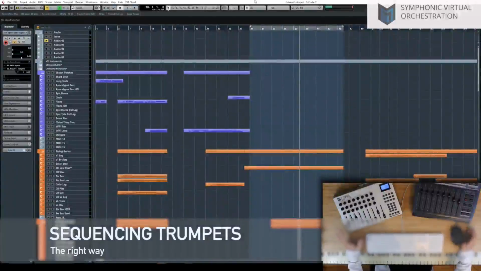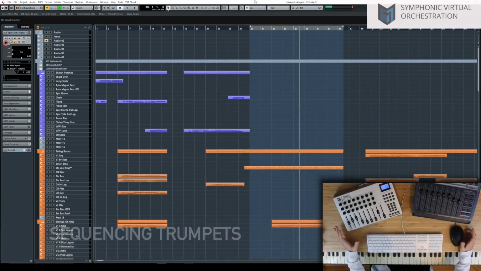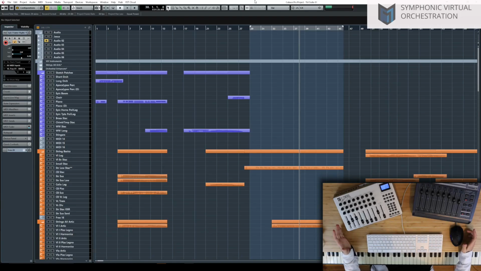Okay, trumpets and brass in general. Let's address a common problem when it comes to producing an orchestral mock-up, and often a common mistake that we will make when it comes to trumpets and brass. Okay, let's stop here for a minute and let's think what we learned in orchestration when we studied, right? The first thing we learned about trumpets is that